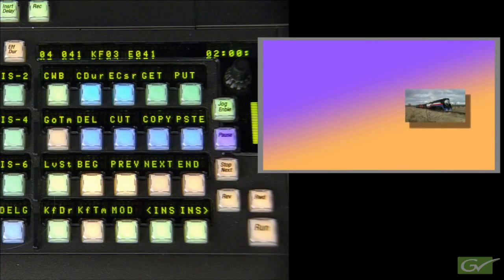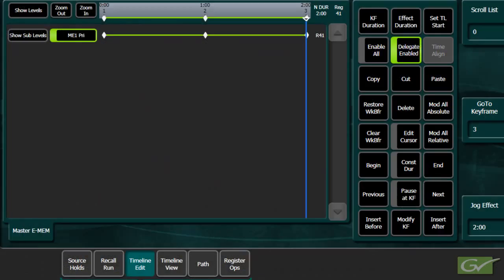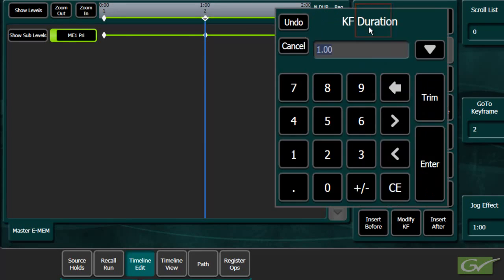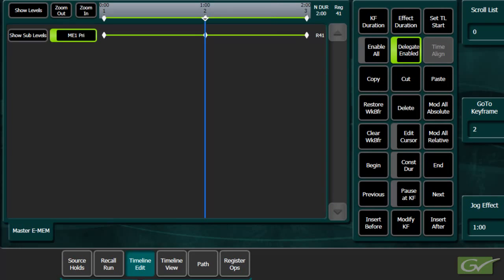Other parameters that may need to be modified in an effect are the individual keyframe durations or the entire effect's duration. The duration from keyframe 1 to keyframe 2 is part of keyframe 1. Individual keyframe durations are changed by going to the keyframe to be changed, in this case keyframe 2, selecting keyframe duration, and entering the time required, in this case 10 frames, then pressing